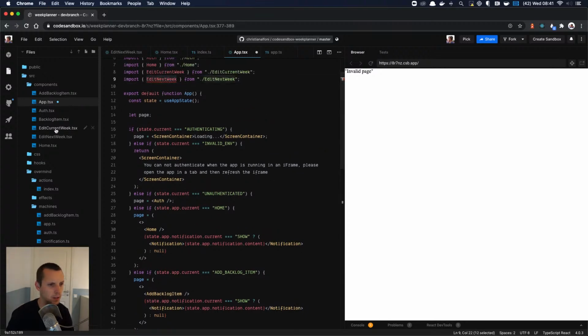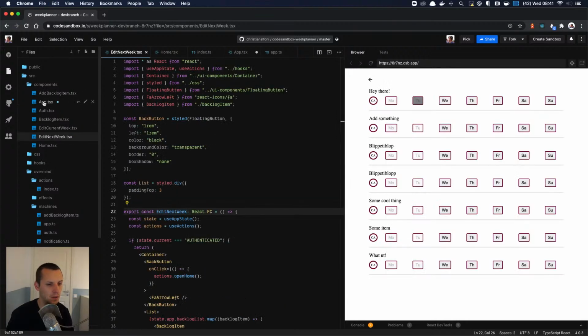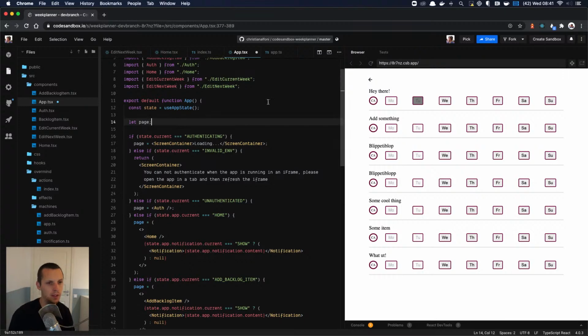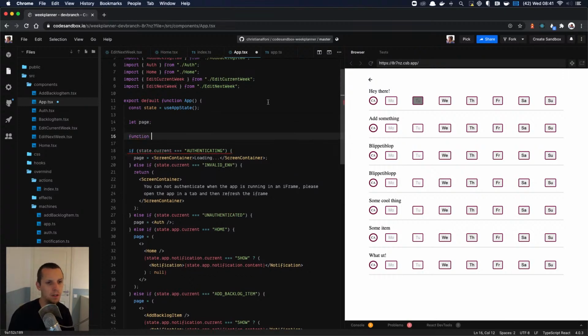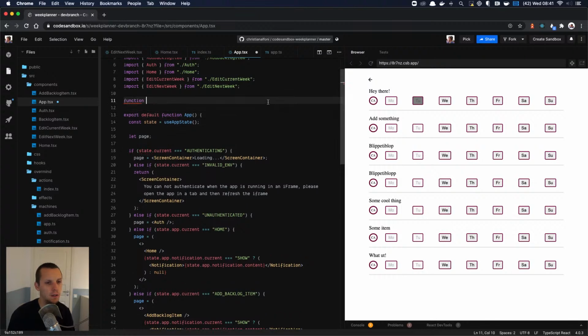Oh, didn't we call it next week? There we go. What we could do is create a function, we could even have it outside here. Render page, render page. And then we need the actual page component, which is like a React component.